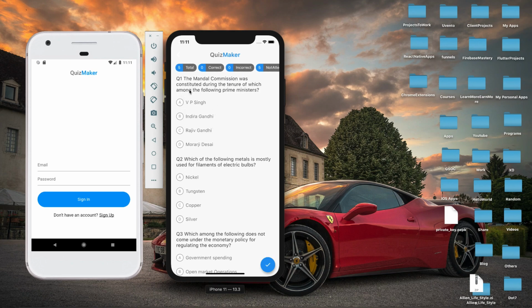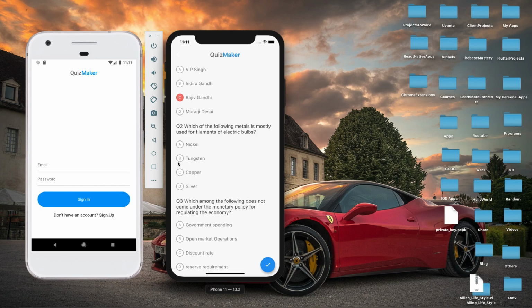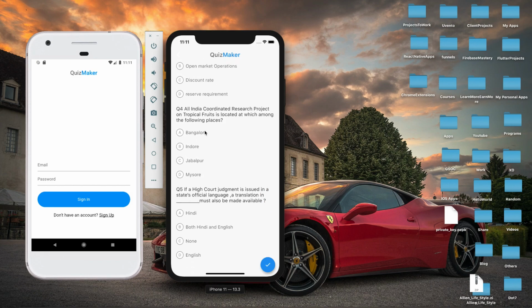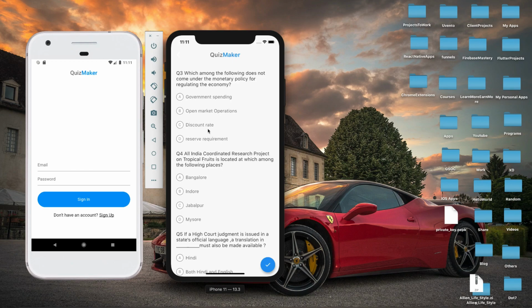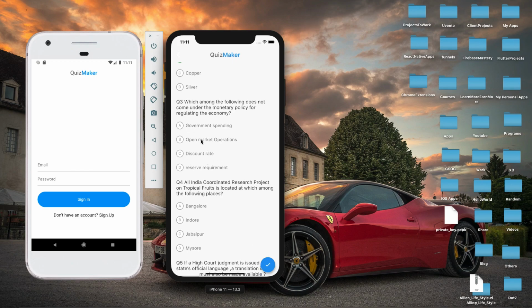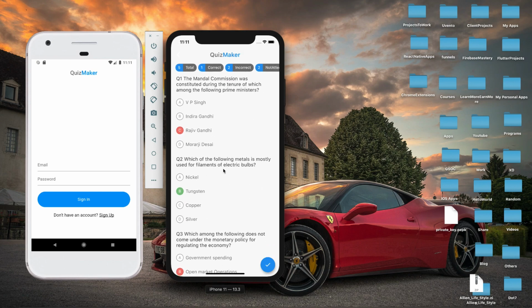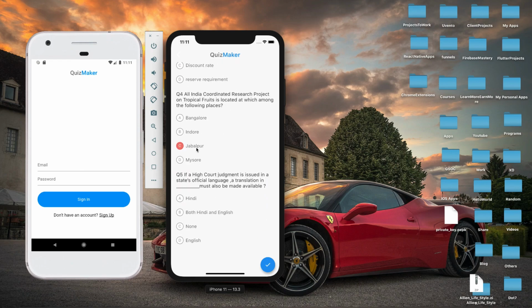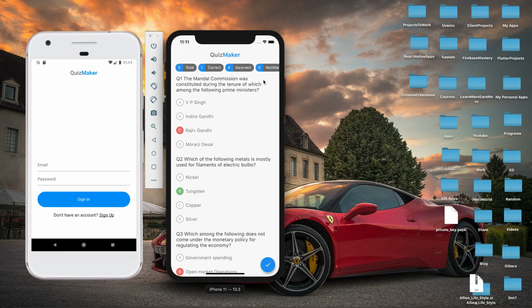So the first question is this. I'm not good at history, so I'm just going to answer it randomly. It's wrong, so it's added to the incorrect count. If I click on this one, it's correct, so it adds 1 to the correct count. Now, which among the following, I think it's government spending, so let's just go with the second one, and it's incorrect. So you can see it's updated in real time. Let's do this and select this. As you can see, our total not attempted becomes 0, total incorrect becomes 4, and correct becomes 1, and